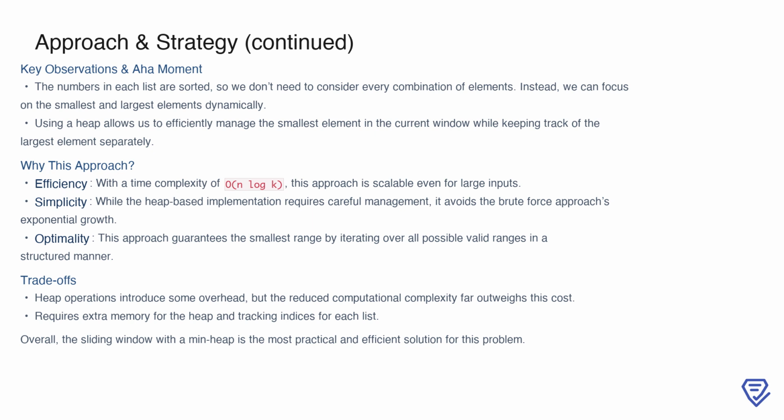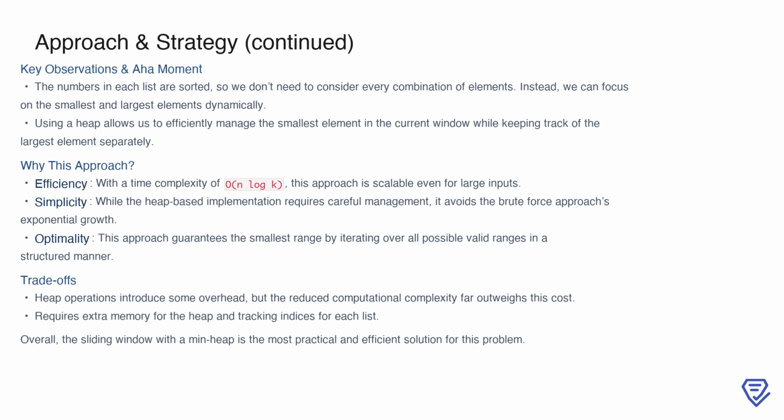The sliding window with a min heap is chosen because it balances efficiency, simplicity, and optimality. With a time complexity of O(n log k), this method is scalable even for large inputs. Although heap operations introduce some computational overhead and additional memory usage, these trade-offs are minor compared to the exponential growth avoided by this approach. Overall, this strategy guarantees the smallest valid range by systematically iterating through all possible valid windows